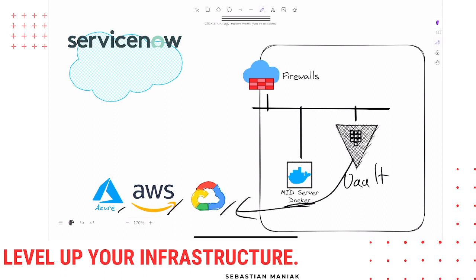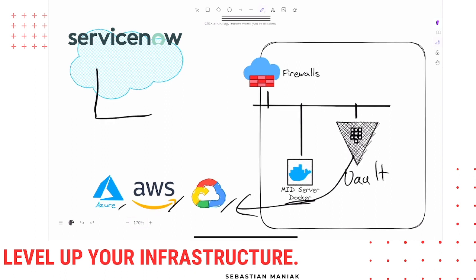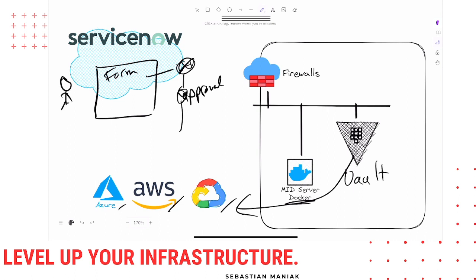self-service portal itself, because inside of ServiceNow, we're going to have this form that's going to go into some change management process, that's going to go into some approval process to a team, and then once approved, really what's going to happen is this user who requested access